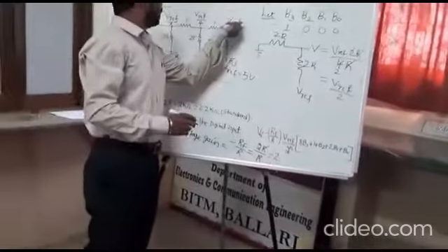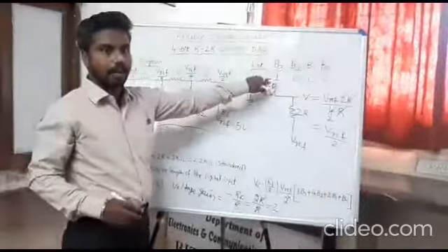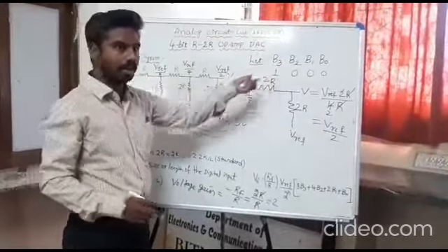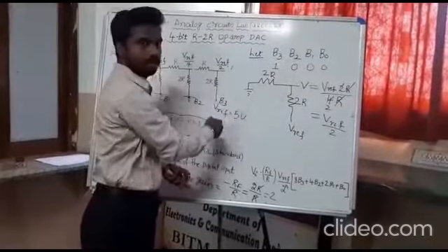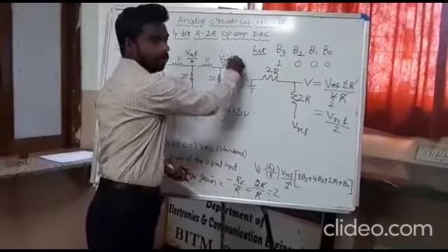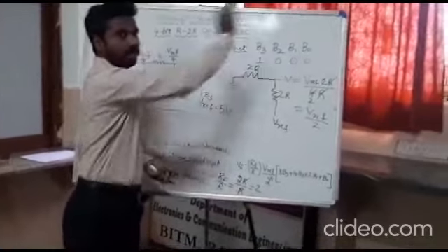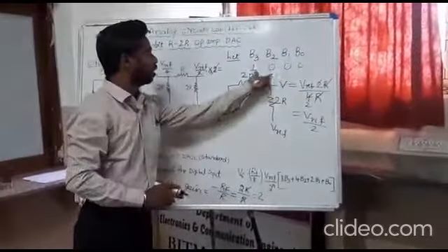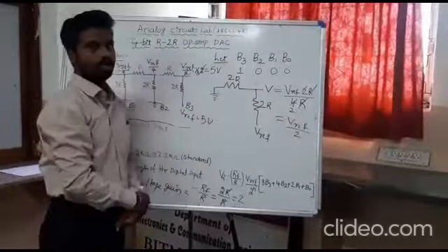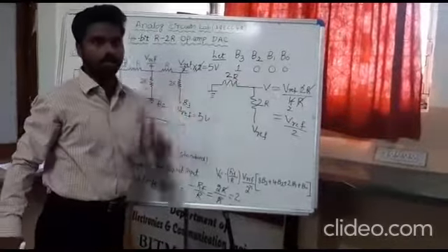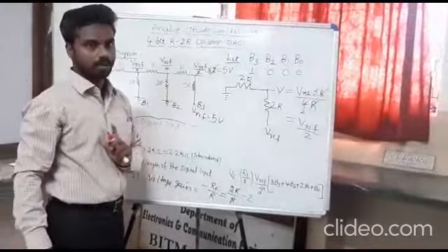So we get the voltage gain as 2. If you get V reference by 2 at this junction and it is connected to the operational amplifier in the inverting configuration, we get 2 times that. The 2s cancel. The V reference is the expected output for the digital input 1 0 0 0. So we are expecting 5 volts. So the 1 0 0 0 combination will produce the output voltage of 5 volts.